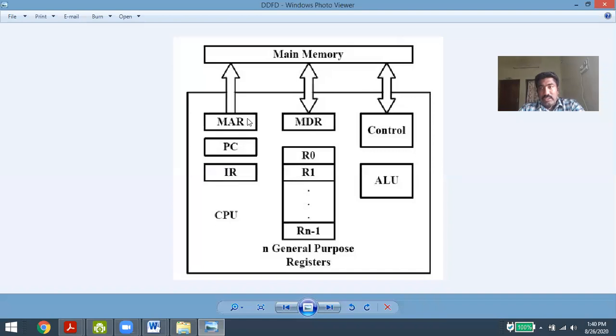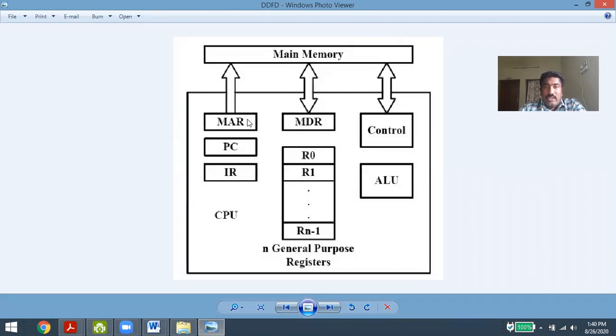First is identification of the address. Whenever we want to identify any student, we first need the address of the student, and only then will we find where he is located. Similarly, whenever you want to execute an instruction, first the program counter is read by the processor. Whenever the processor fetches the program counter, it identifies some instruction loaded in it. That instruction is passed to the MAR, the memory address register.